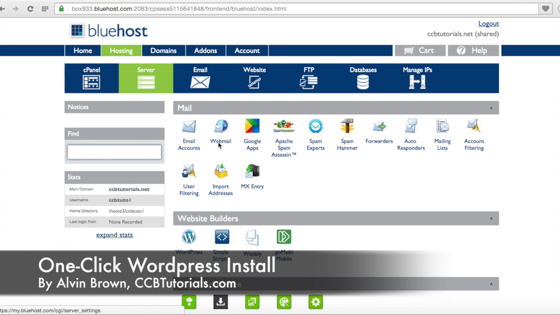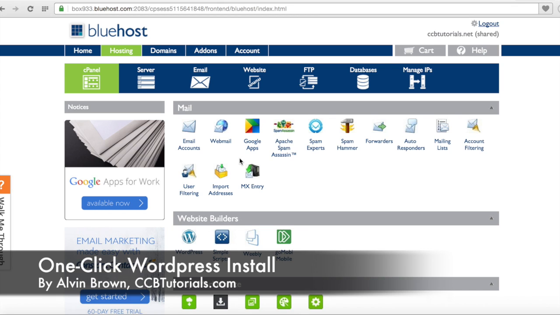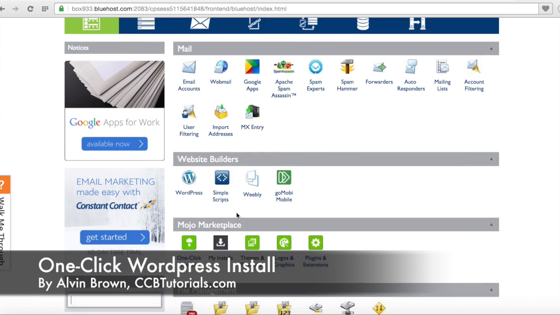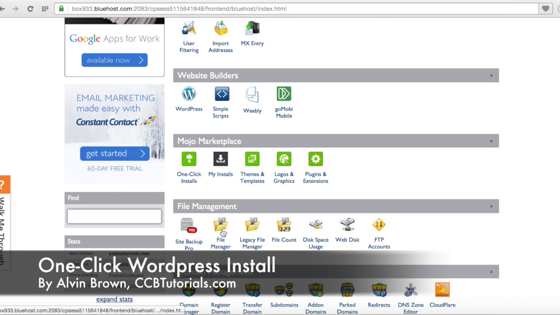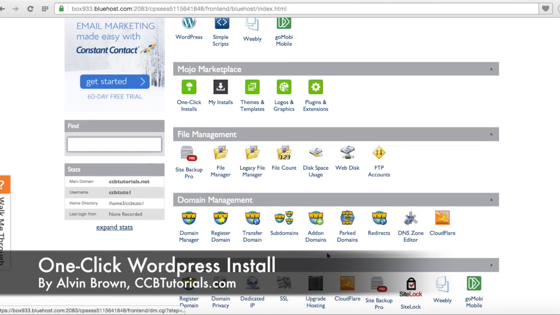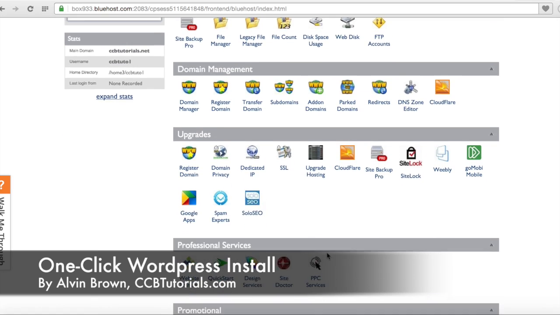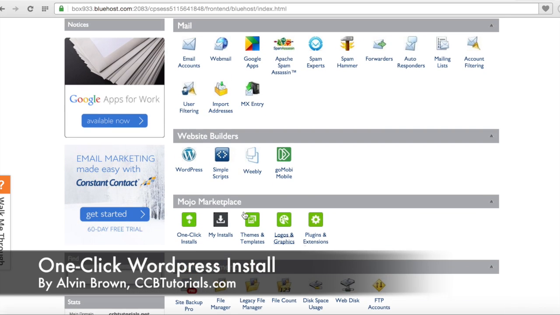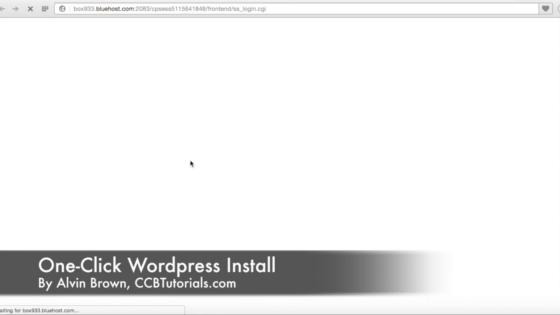And then it'll take you to your cPanel, and then it offers you a variety of things in terms of mail, website builders, the file management, which you can use their file manager, or you can create an FTP account to upload your website. But for the sake of time, what we'll do is just install a simple WordPress site on ccbtutorials.net. So we'll click WordPress,